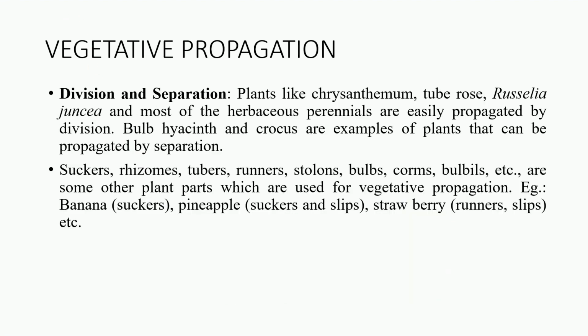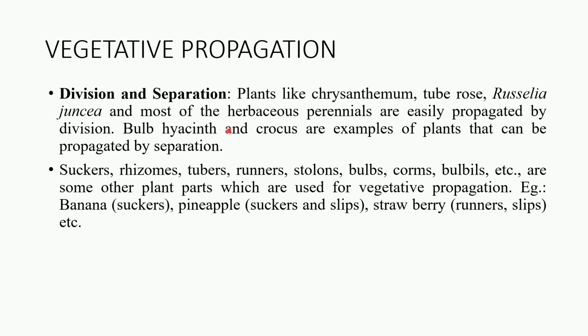Let us discuss the division and separation methods in vegetative propagation. What is meant by the division method? Here, the plants produce masses of stems at the ground level, each having its own root system, so that they are lifted from the ground and divided into individuals. This is called division. And separation means the rooted and unrooted parts usually detach themselves on maturity and develop as a new individual in the next season. This is called separation. This is the division and the separation method.